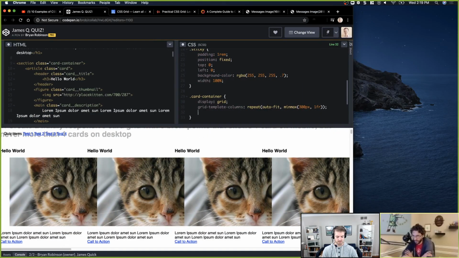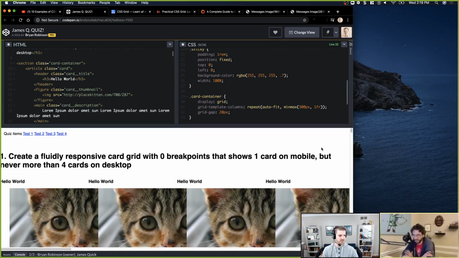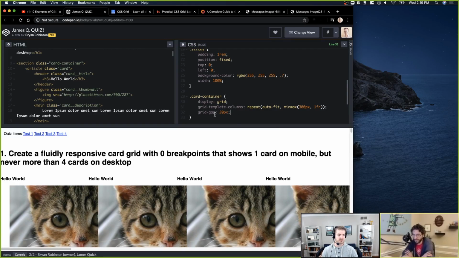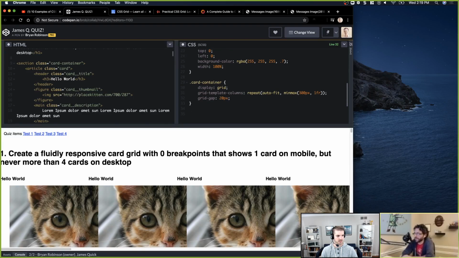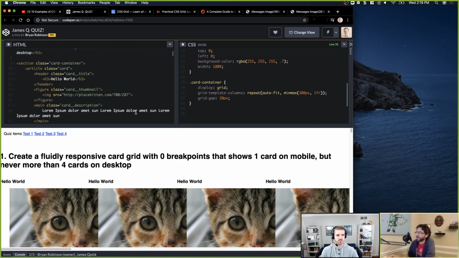One thing I would probably add, I think you had it in yours too, is the grid gap, just to give a little bit of separation. And because of those images not fitting into the container, they are bleeding over. So let's go and grab the cards themselves. I have to do the cards themselves to get the image to fit inside of it, right? You at least have to make it not look like this.